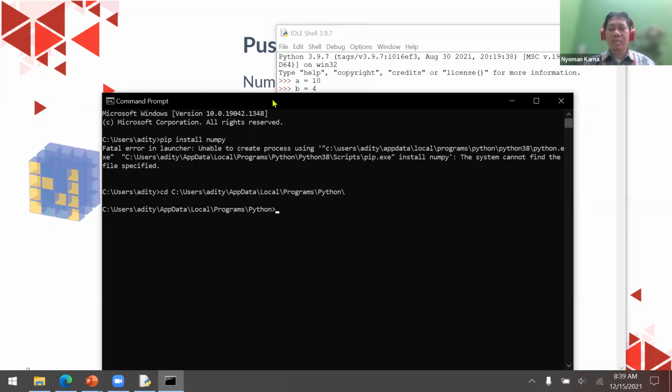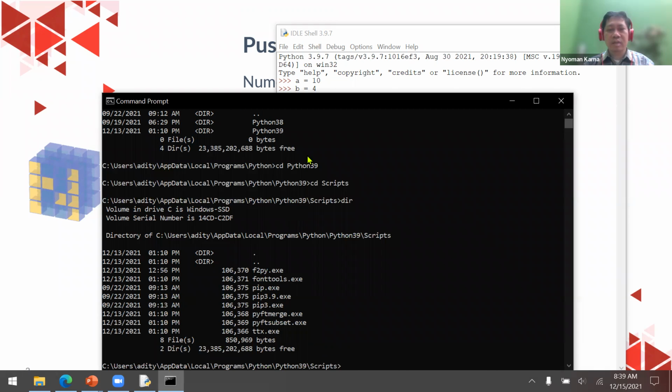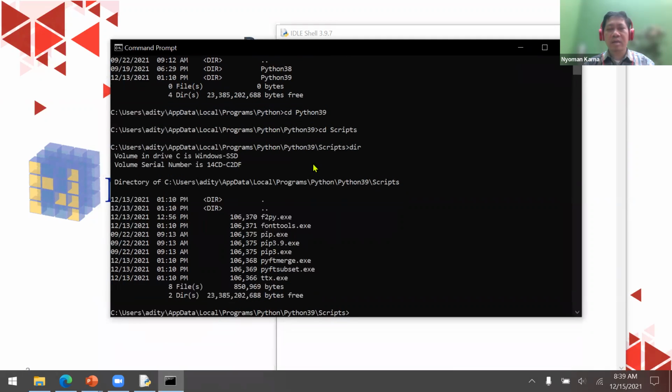So I'm going to use not Python 3.8, but Python 3.9, and it's under the folder of Scripts. This one is the pip from Python 3.9. Now I can just call pip and then install numpy.